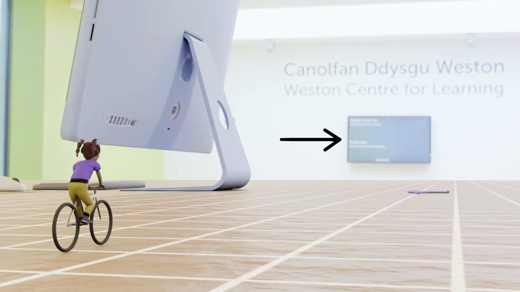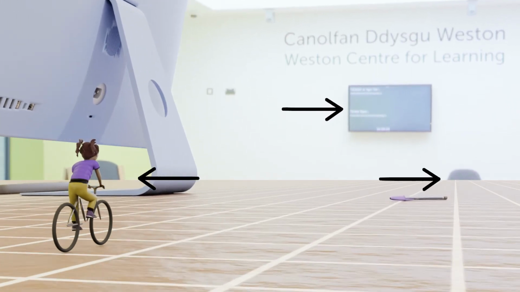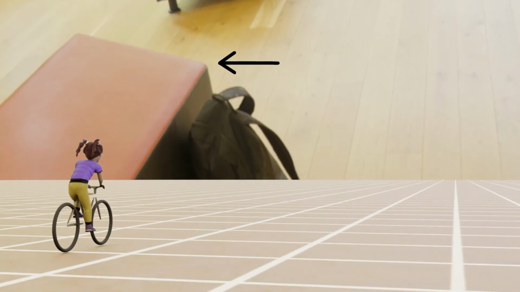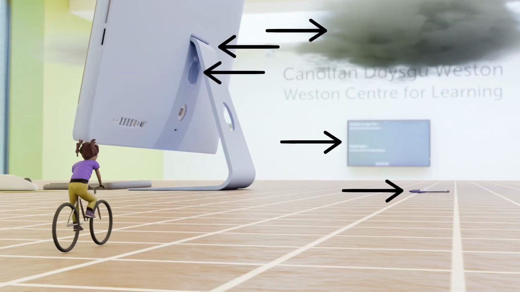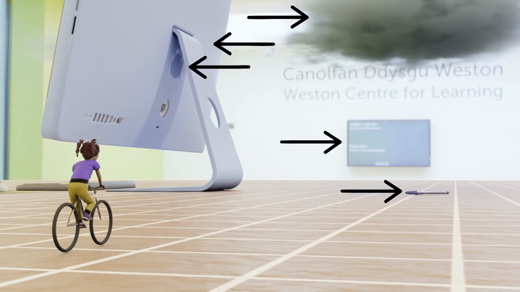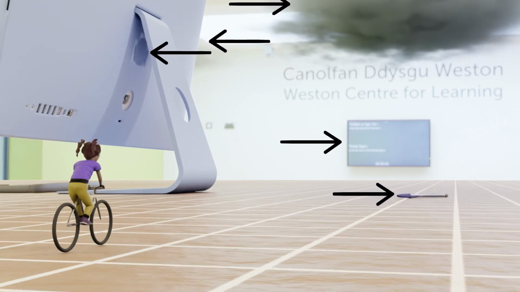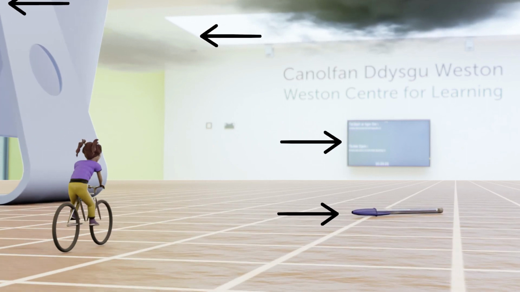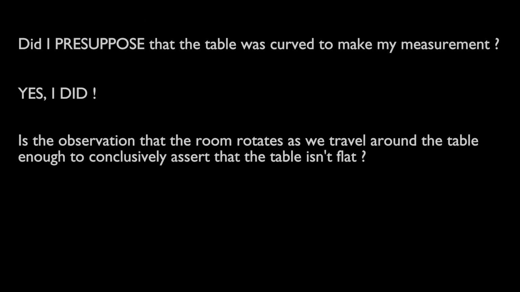I justify this presupposition by observing that the objects in the room all rotate with the same rate. They don't have different relative angle change. Their angles don't change relative to one another, unlike the angle of the computer screen and the clouds in the first example. Is the observation that the room rotates as we travel around the table enough to conclusively assert that the table isn't flat? No, it is not. But the proponents of the flat table need to contend with the fact that the sky behaves that way,